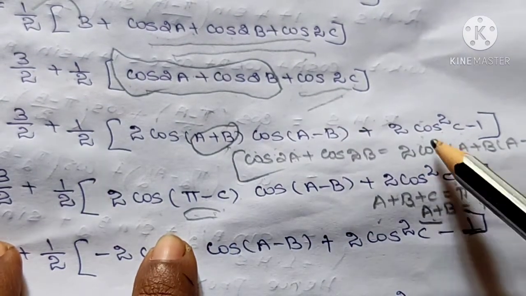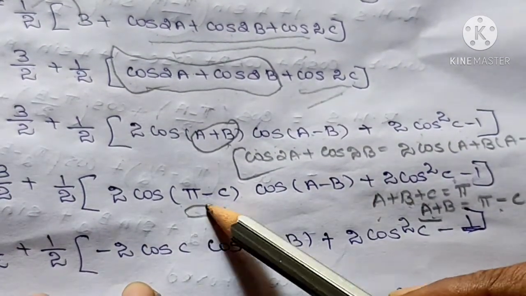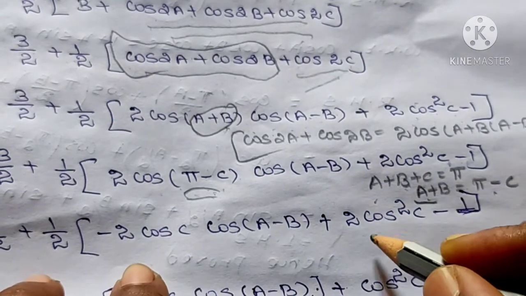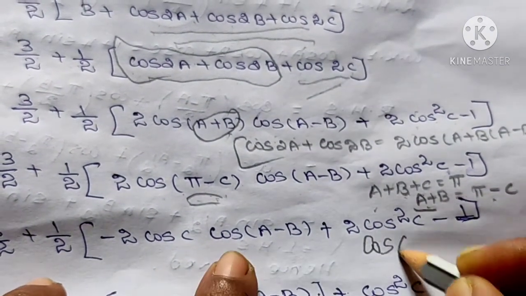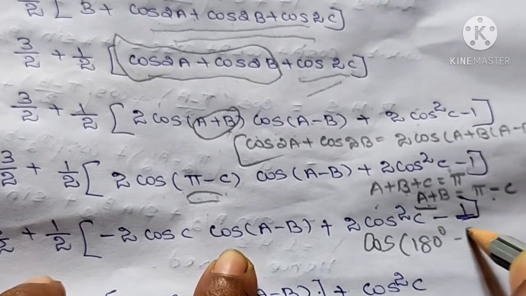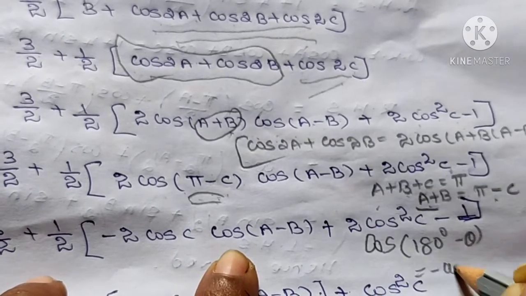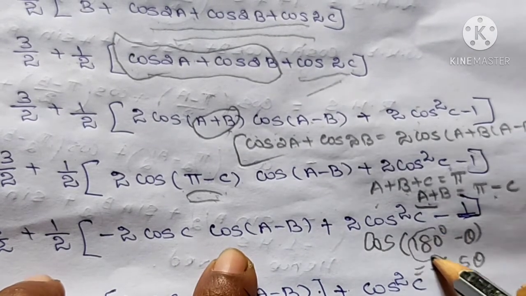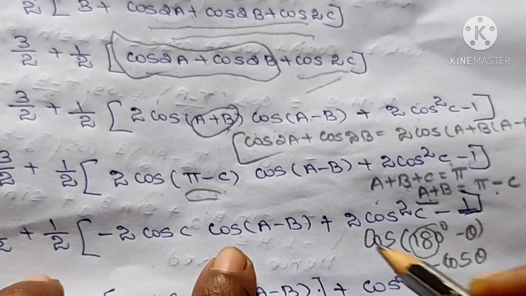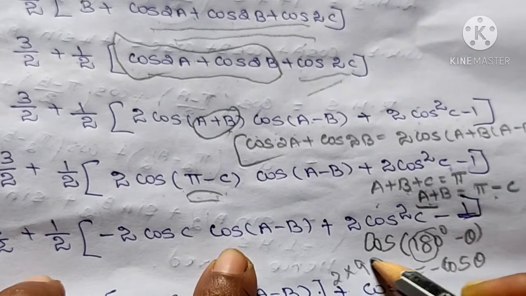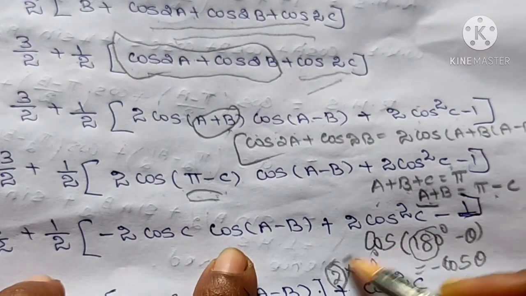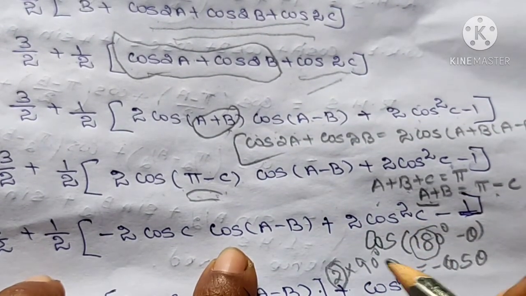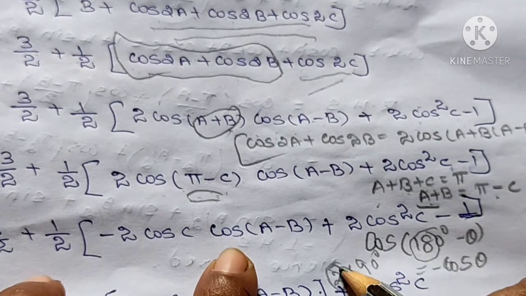The balance term you write down. Then cos of (180 degree minus theta). What's the formula? Cos (180 degree minus theta) is minus cos theta. Or we use the procedure: this 180 degree is 2 times 90 degree, and 2 is even, then cos is cos. Okay, if it were odd, then cos would be sine. But this number is even, so cos is cos.